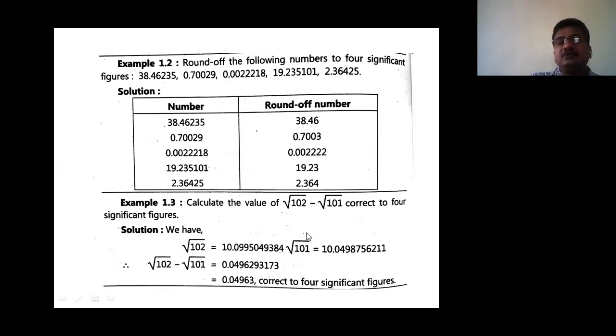Okay, and we have to correct to 4 significant figures. So what is the question? Correct to 4 significant figures. So we have to round this number up to 4 significant figures, up to this 2. Okay, so we have to remove this 9, 3, 1, 7, 3. The first discarded digit is 9, which is greater than 5, so increase the previous number by 1. So this is the answer correct to 4 significant figures. Okay. So next.